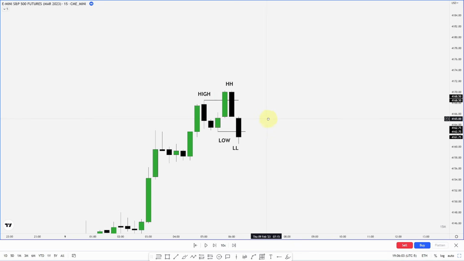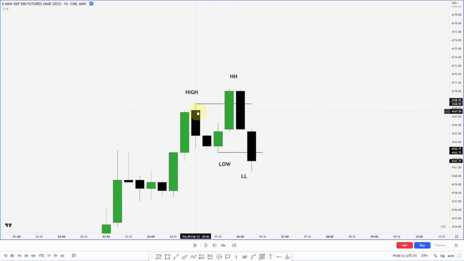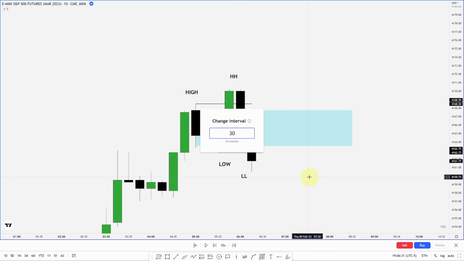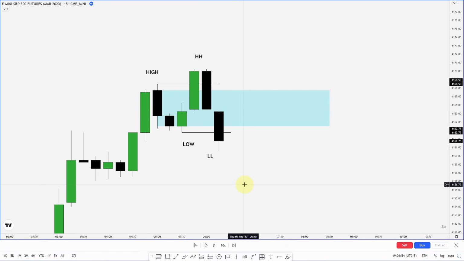So now where is our breaker block? If we zoom in, you can see these down close candles between our first high and low before we made a higher high and a lower low would be our breaker block. And here I would use the bodies because we have nice full bodies here. And the reason for using the series and not just a single is because if we go out to a 30-minute or one time frame up, that is our single candle. So going back to our 15-minute chart, we would expect price to be resisted in this area.